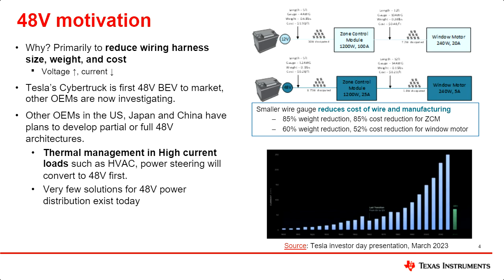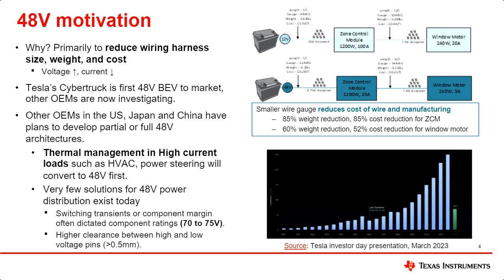So as a chip manufacturer, the challenge that we have here is that when we move towards 48 volt, our devices have to support the high voltage transient, which can go as high as 75 volt also. And apart from that, we also need to maintain a clearance between high voltage and low voltage pins, so that if there is any kind of humidity or any kind of leakage, we should not see any failure at a device level.